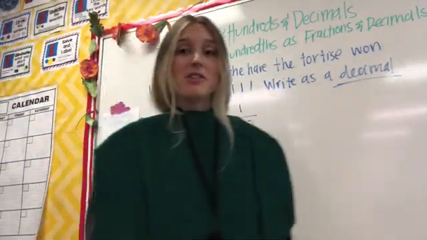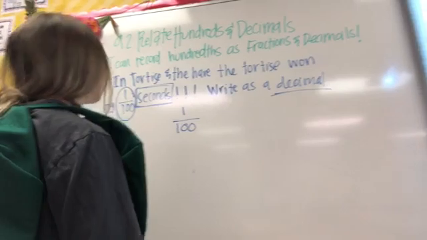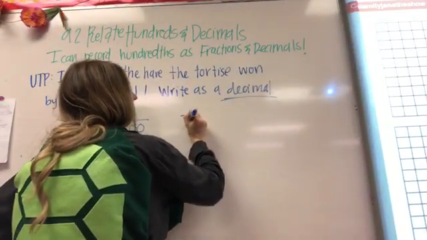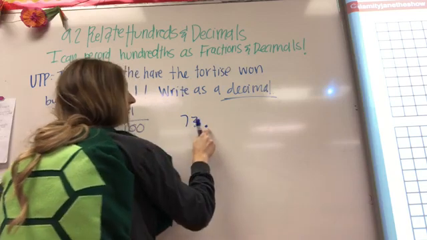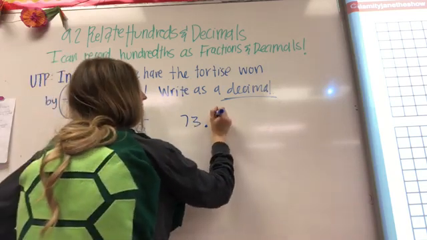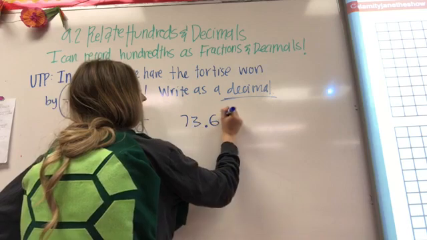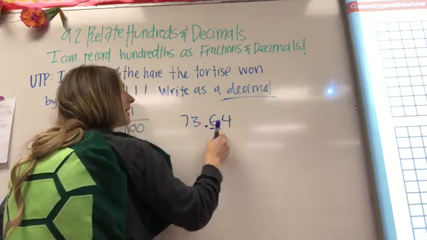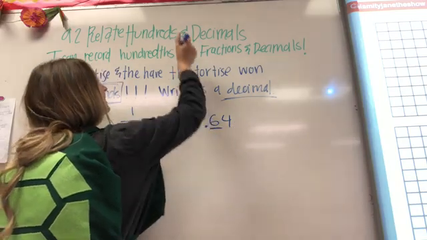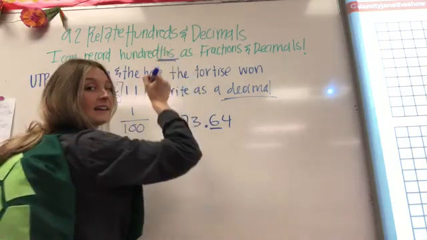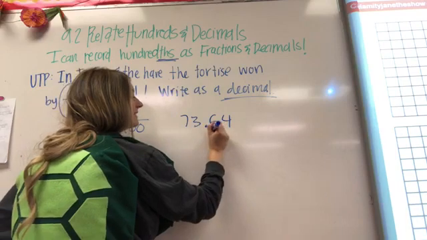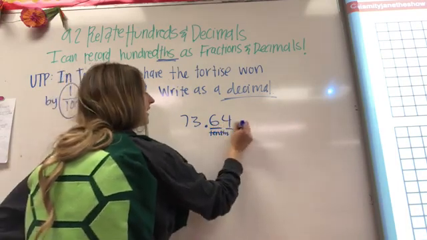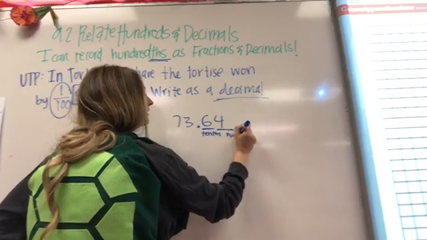Well, let me remind you of something you might have forgotten about. Let's say we have the number 73, then a decimal, and then numbers over here. Let's say we have 64 hundredths. Anything behind the decimal is going to have the THS. So this would be the tenths with the THS, that's what we talked about yesterday, and this is the hundredths